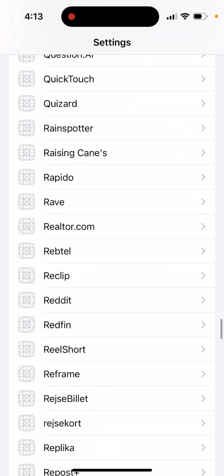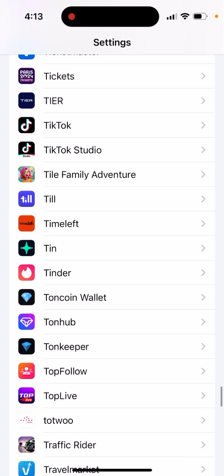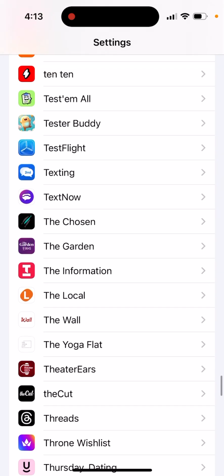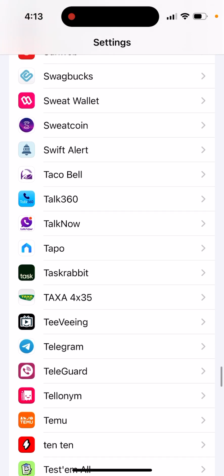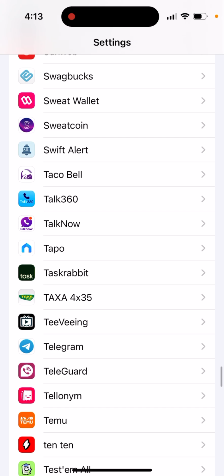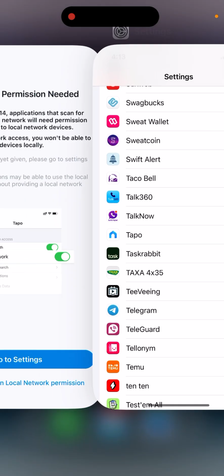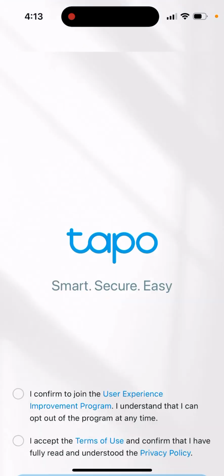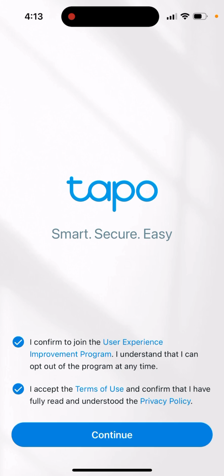If you have a lot of apps, it can be... so here's Tapo, and then actually I don't have that permission. So, and then basically